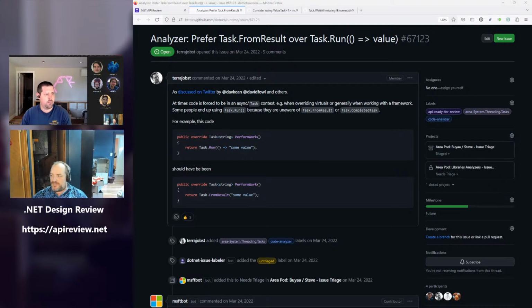It must happen enough that various folks discussed it, but I almost never see this. That said, I don't have a problem with it. It would basically just be calling task.run with a lambda or whatever, something that the compiler can see is just a return for some value, in which case it should have just been task.fromResult.